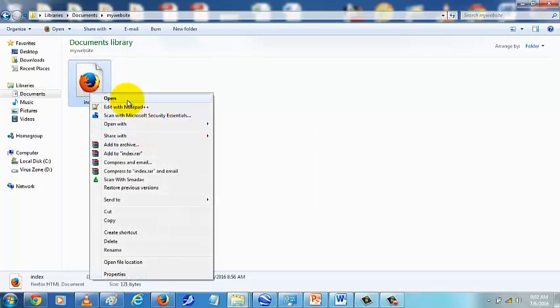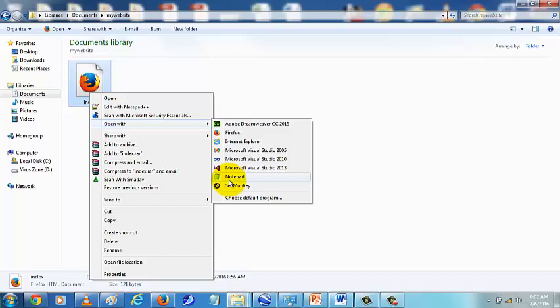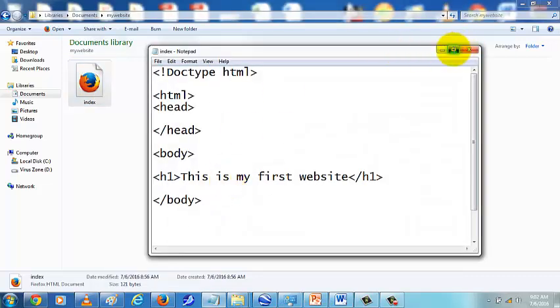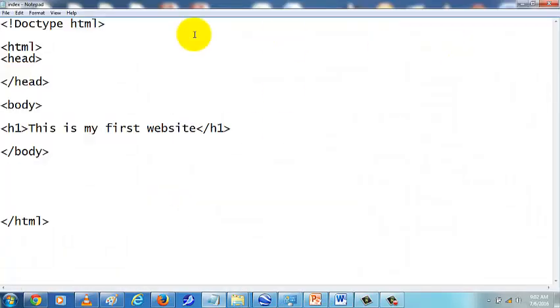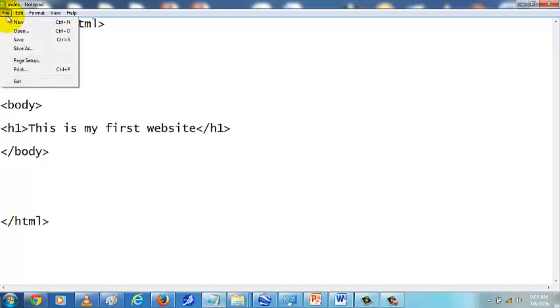Right click. You right click and open it with Notepad. So let's continue working on our web page. So you have already seen that we use Notepad. Notepad is very powerful. We use it to create any type of document that we want. Now let's continue developing this page. Now once I've saved it,